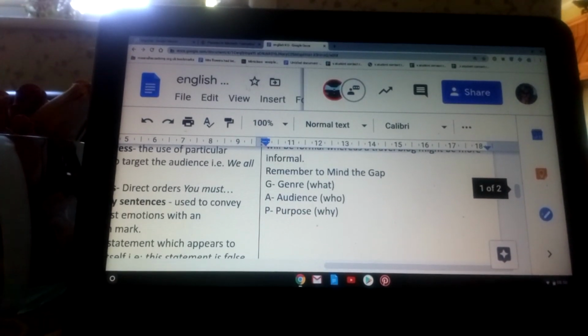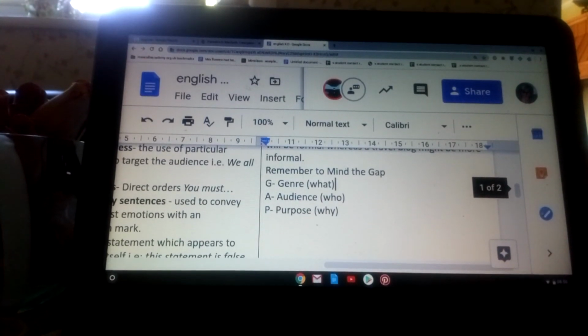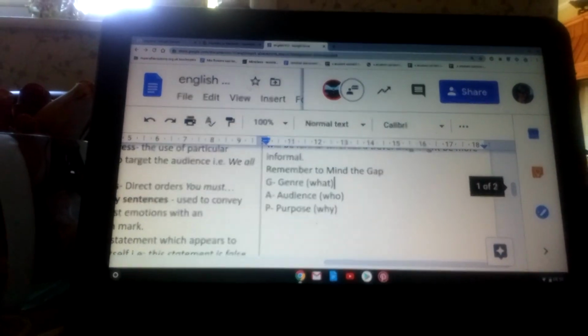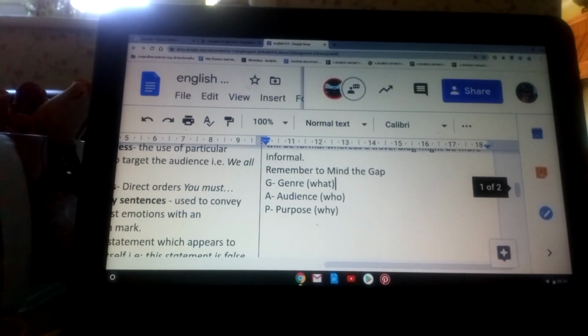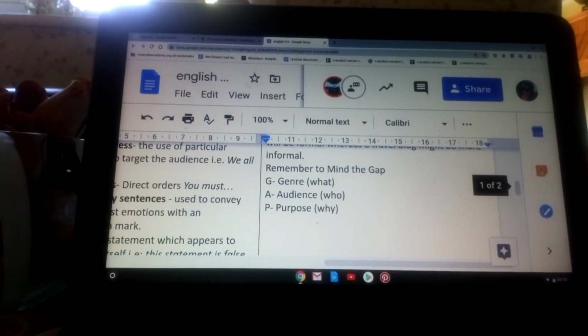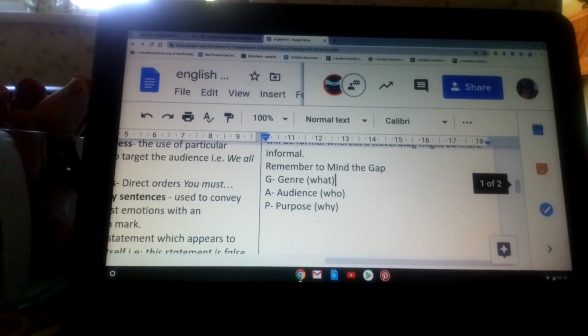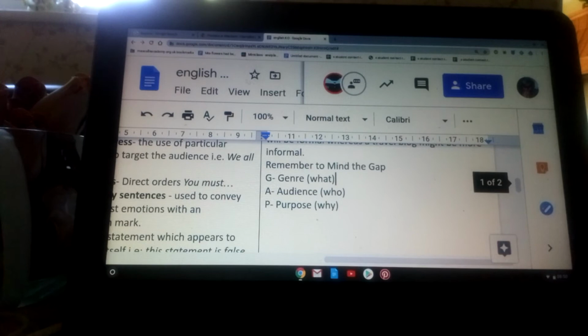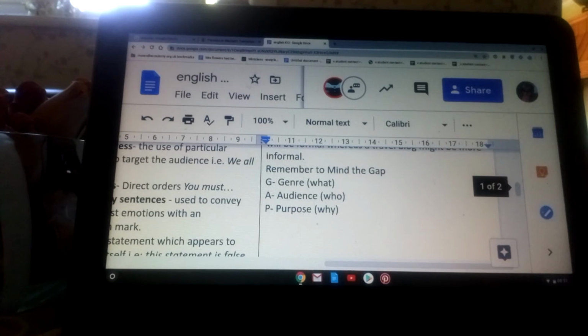But the main things that you need to remember are your audience and your tone and the kind of language that you might use. Genre and purpose go nicely together. What is it you want to do? Do you want to tell people about a film that you've watched? Do you want to inform people about your business, what you do, when you're open? Do you want to inform people about a hobby that you do, a particular interest that you have? And your purpose will go with that genre.